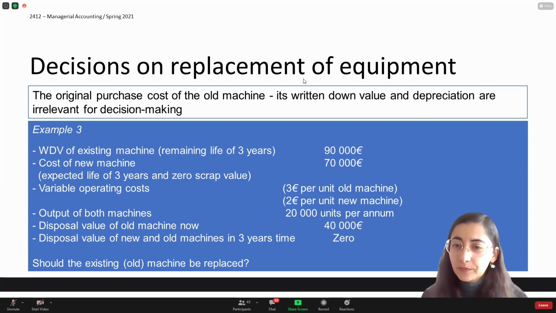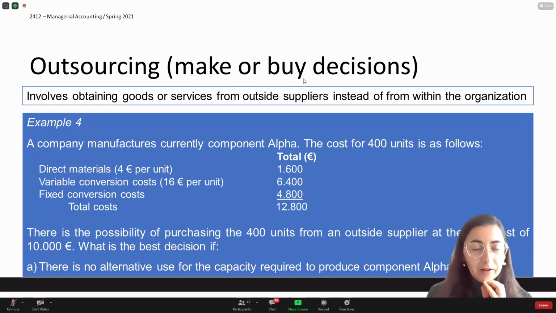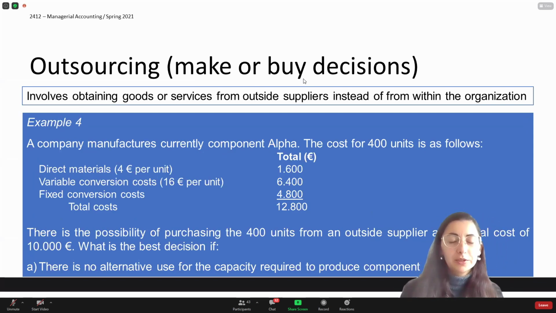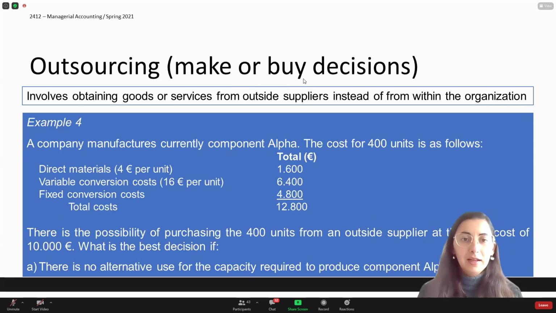Okay. Any more questions? No, everyone's ready to move to the next example? Yep. So let's look at this example of outsourcing. Should you make or buy